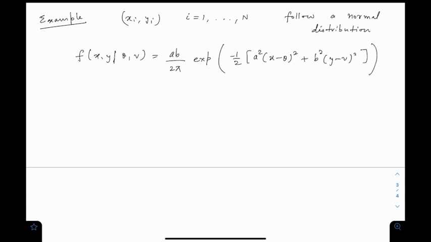We see that since the exponential contains a sum in its argument, we can split it into a product of exponentials and write this as